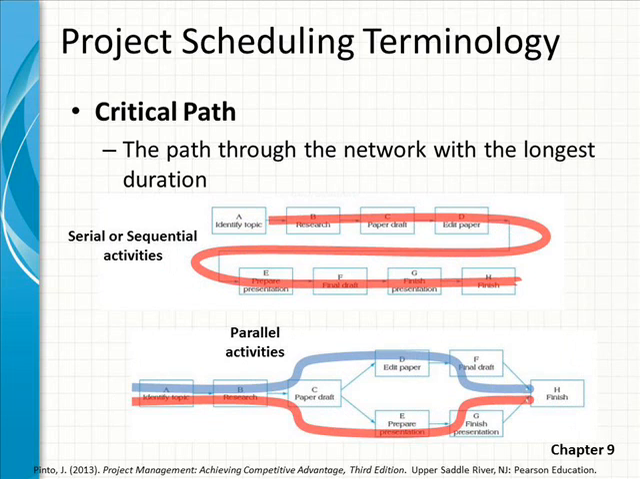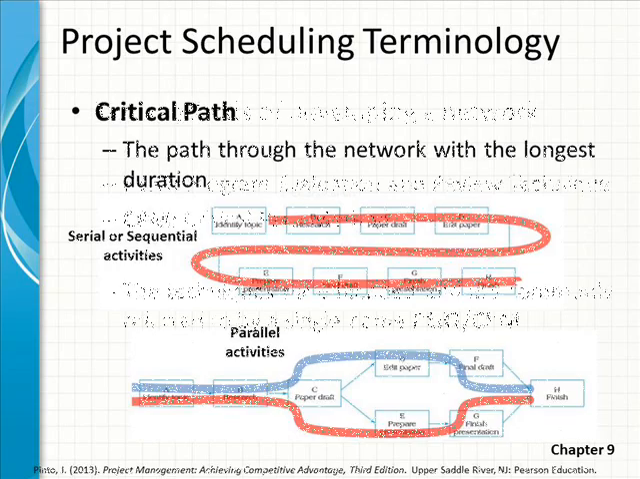An important concept in project scheduling is critical path, and that's the path through the network with the longest duration. In a sequential or series of activities, there's only one path, therefore by default it's the critical one. But when you have more complicated network diagrams with parallel sets of activities, there will be one path that is the critical path. That is the path through the network with the longest duration when you add them all up